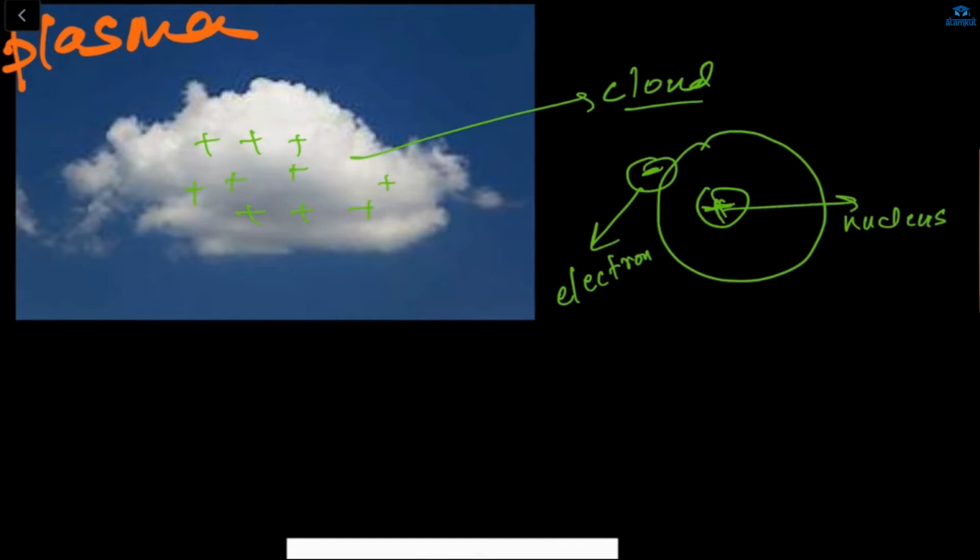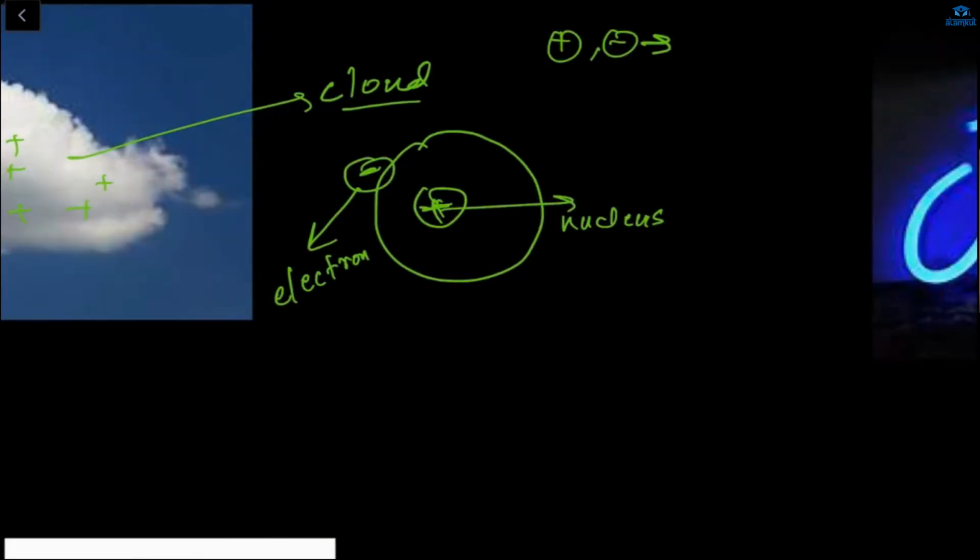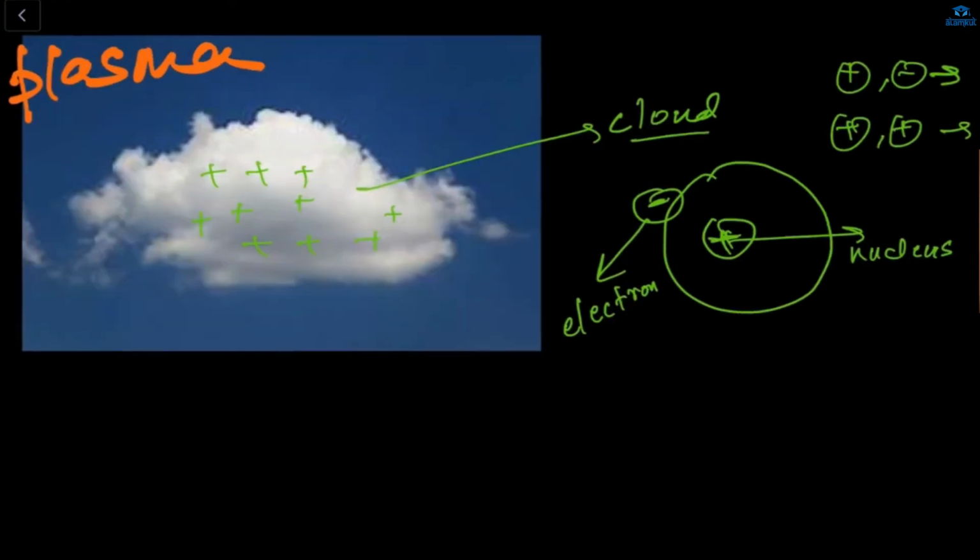We know that unlike charges attract or repel? Ma'am, like charges, the same charges repel, and the unlike ones attract. Yes, ma'am. Unlike charges means positive and negative charge. Will they attract or repel? Razi? Yes, ma'am. I think they will attract each other. Yes, they attract each other, and the same charges will repel. The positive and the negative attract, and the positive charges repel each other. So what will happen? See, in this cloud, there is a huge amount of positive charge.